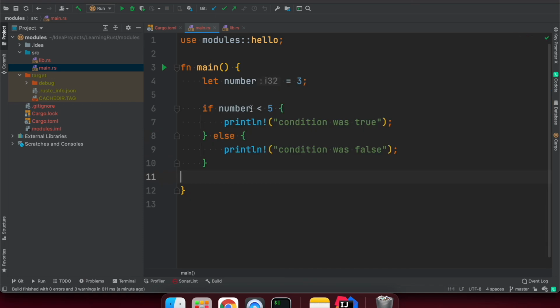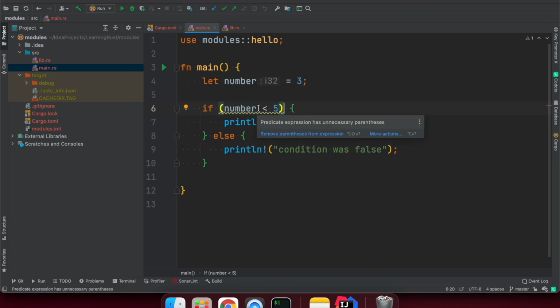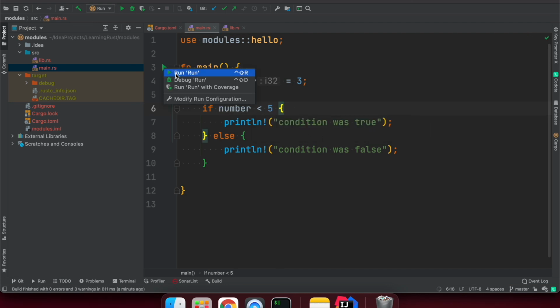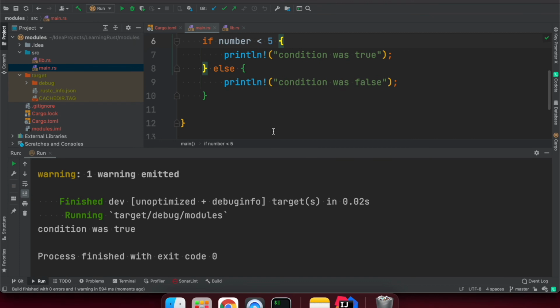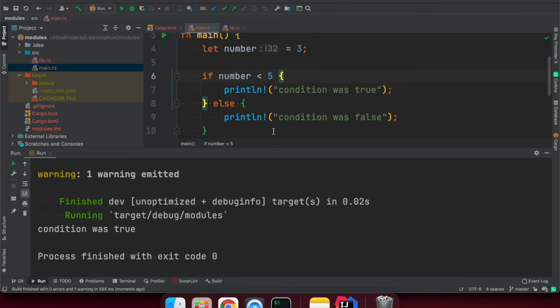Command V. We can see it's working. We don't need to put these unnecessary parentheses. Here it says unnecessary parentheses around the if expression, so we can remove them, not required. If we run it, it is going to print that the condition was true because the value is less than 3.